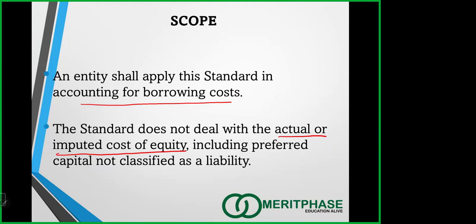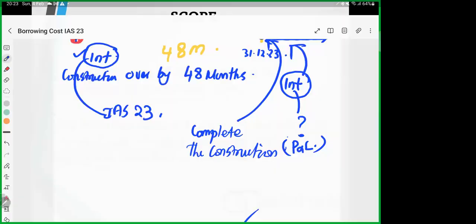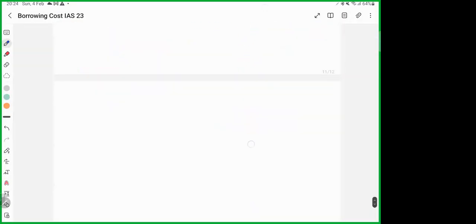And also, there is something called preferred capital. Preferred capital not classified as liability, I hope. Preferred capital, what is the treatment of this? I'm going to discuss that. Okay. Share capital